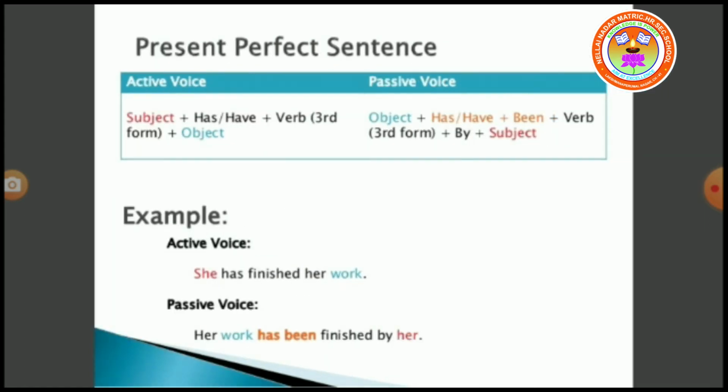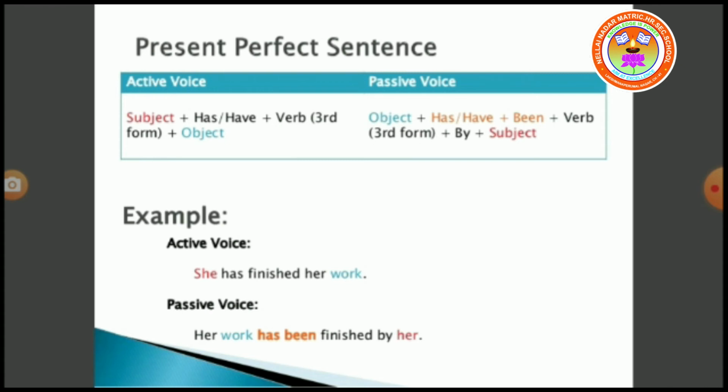Next, present perfect tense. Active voice structure: subject plus has or have plus third form of verb plus object. In these perfect tenses, the active voice will have the third form of verb already in sentences. For example, she has finished her work. So here, has finished